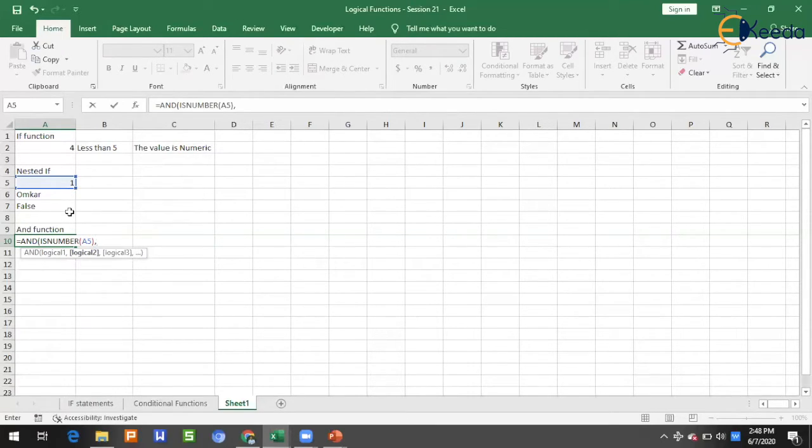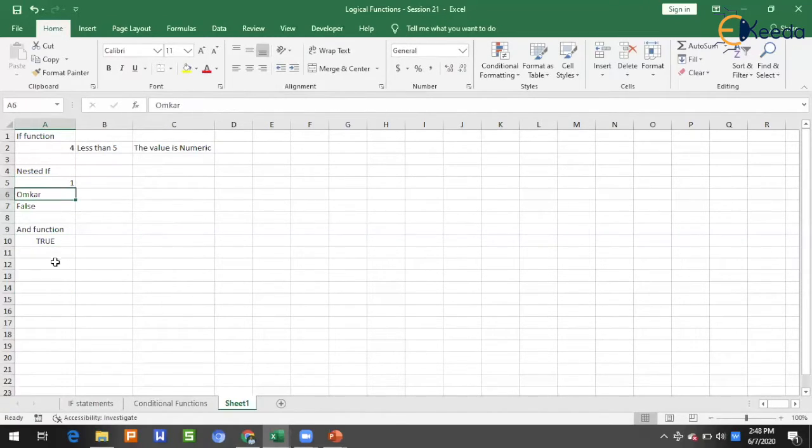And the second is text, this one. This is true because this is a number and this is a text. So instead of this, if I write any value here, it will come as false, because this is a logical AND operation. So the logical AND gate states, logical AND, it says if we have all true,